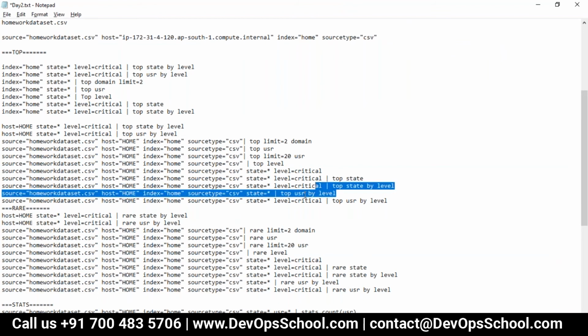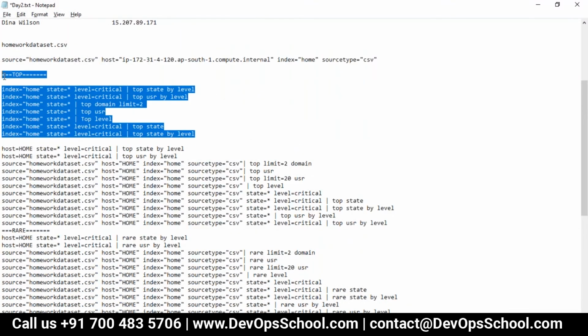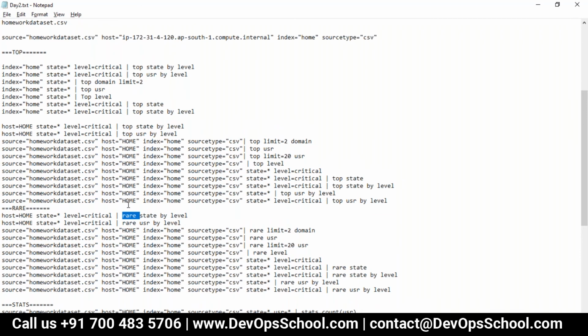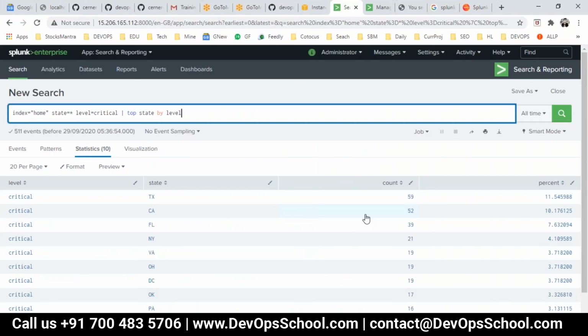Now by label users and all. Now same thing you can change from top to rare also. So you can make it rare with the same thing. By the way, if you want to display and disable the count, and here